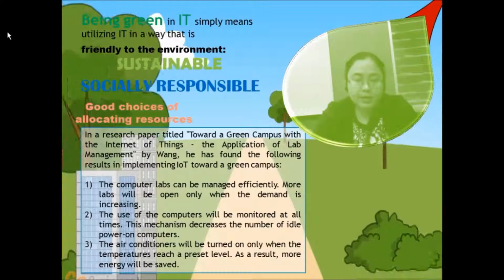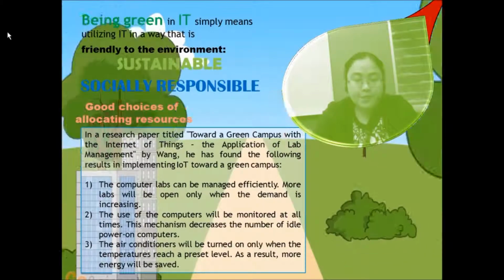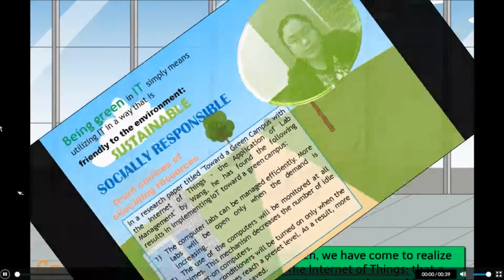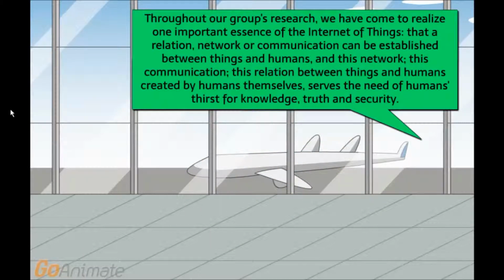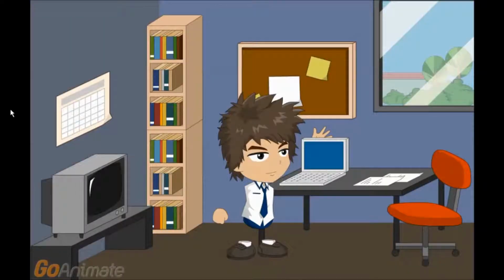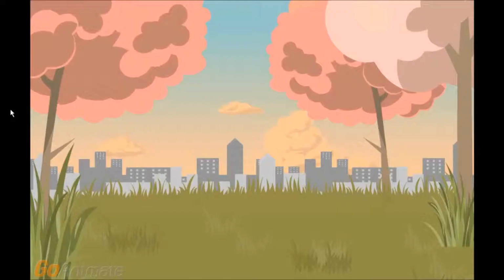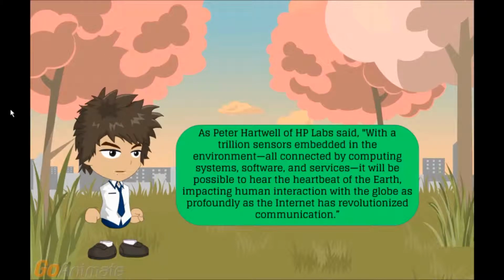With the capability of Internet of Things technology to sense and transmit data, the energy consumption of the assets managed in the IT industry, particularly computers and control systems for heating, ventilating and air conditioners, can be monitored and thus will result in saved energy. As Hartwell said, with 1 trillion sensors embedded in the environment, all connected by computing systems, software, and services, it will be possible to hear the heartbeat of the Earth, impacting human interaction with the globe as profoundly as the